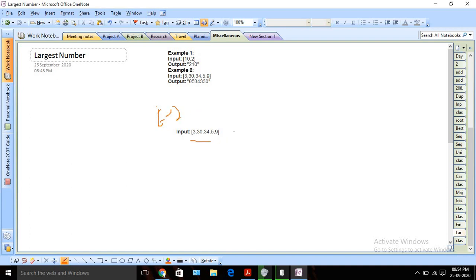So here I can see this is my input array. The first thing we need to do is convert it into a string array, because we need to return a string, so we will do that first. After that we can sort this string array. So we can write our own custom comparator. Basically we are going to sort this string array according to our requirement, so I will write my own custom logic, or custom comparator, for sorting.